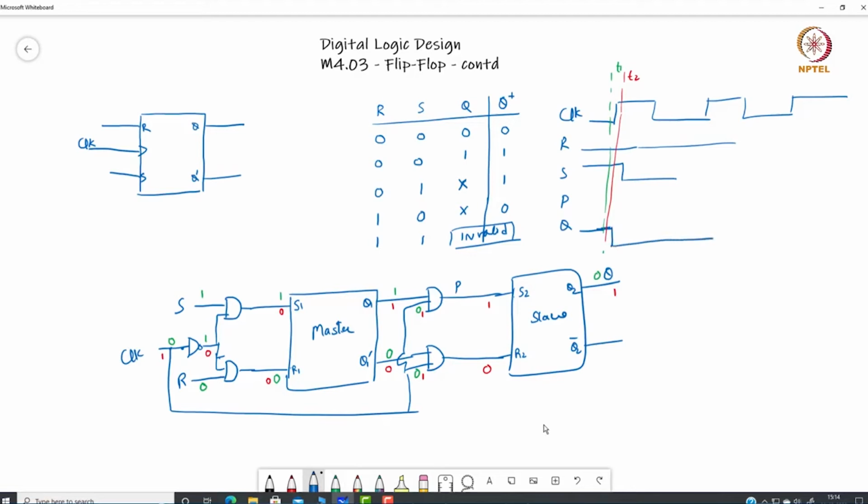So otherwise, because of this gate, this master latch will not change its value when the clock is 0, and because of this gate the slave flip flop will not change its value when the clock is 1. So the output will change only at the positive edge of the clock, and that's how this master slave combination will work like a